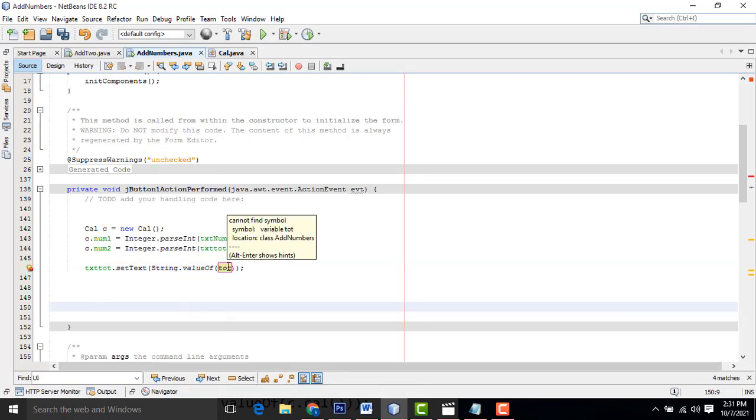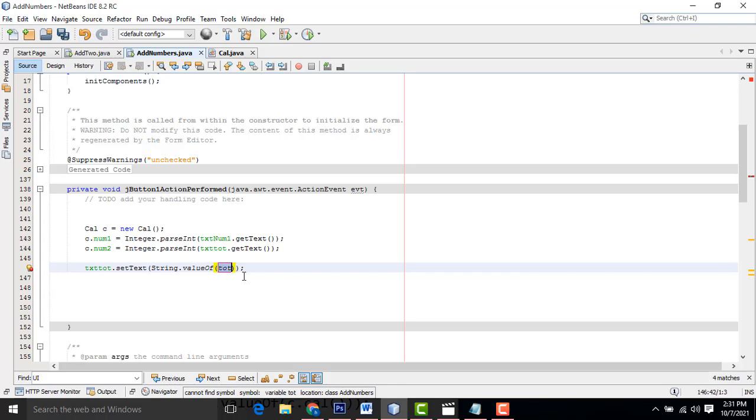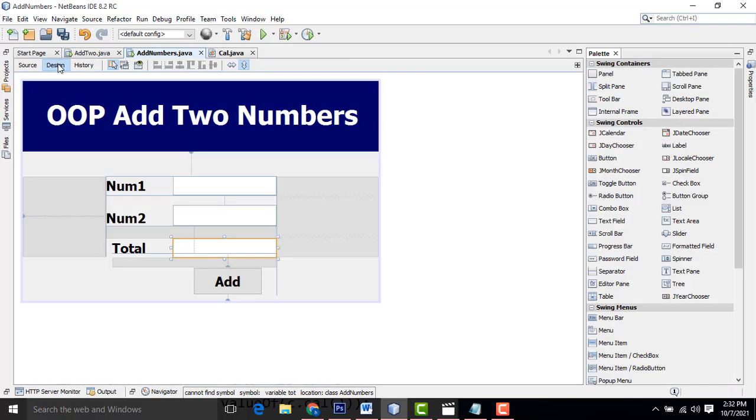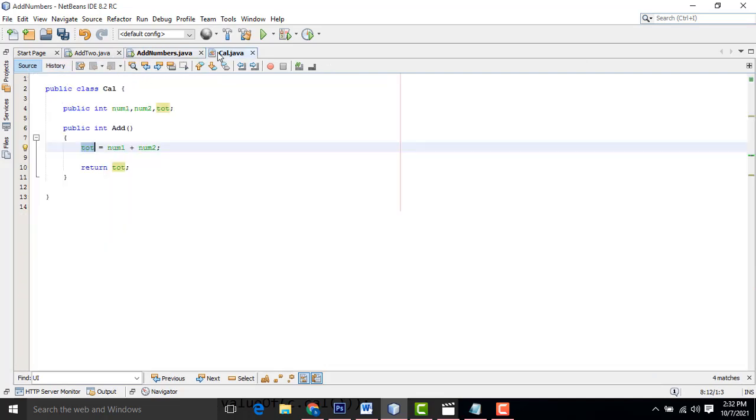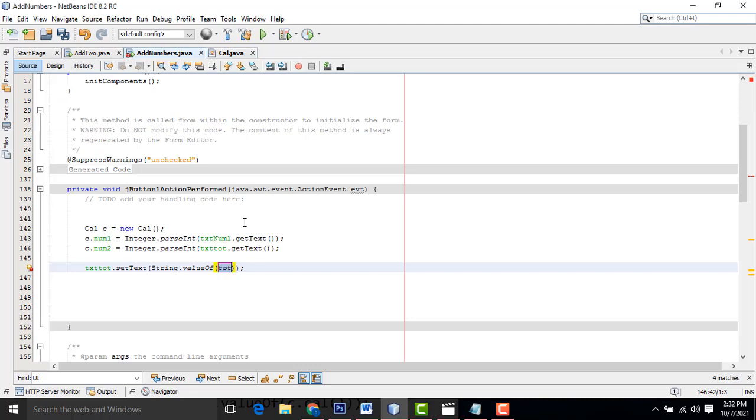Then where do we call this method? Which method? We have to call the add method, right. So you have to write here how to call it: c dot add. C means the object you created of this Calculate class, and in this class we have a method called add.